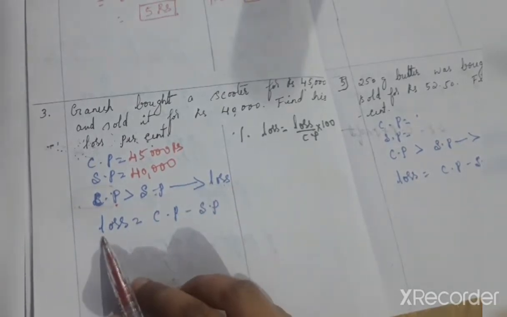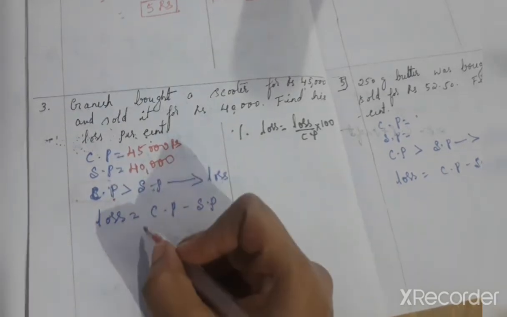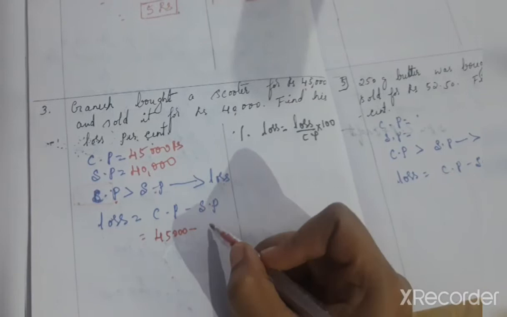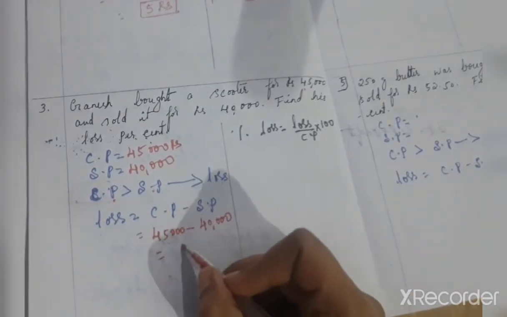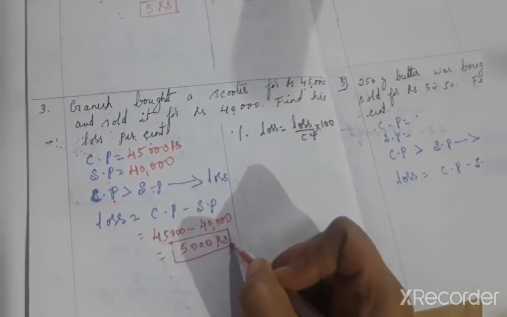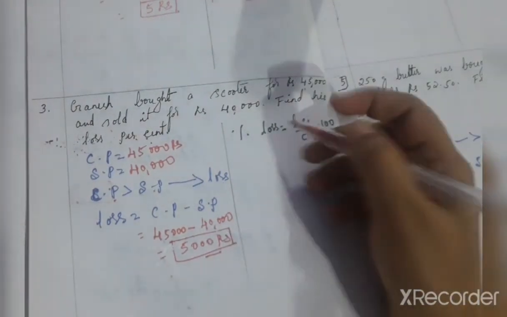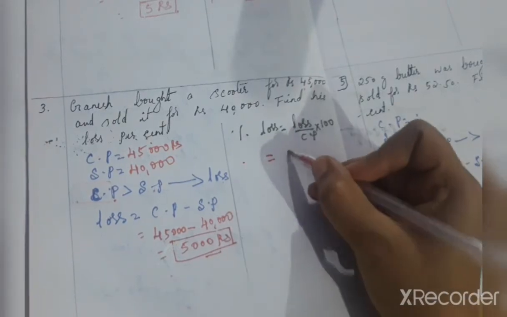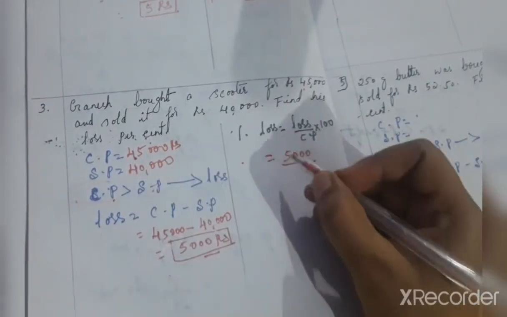Cost price is greater than selling price, so we get loss. The loss formula is loss equals cost price minus selling price. Cost price 45,000 minus selling price 40,000 equals 5,000. Loss amount is 5,000. Now percentage of loss equals loss 5,000 by CP 45,000